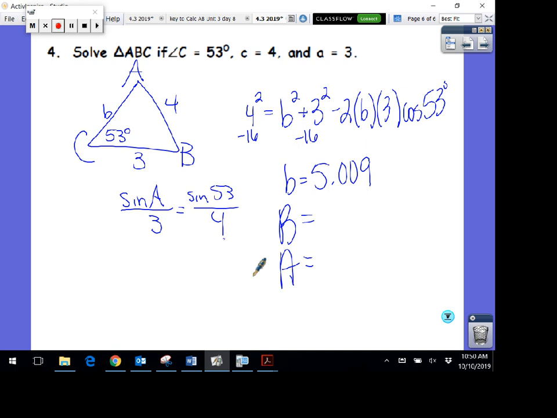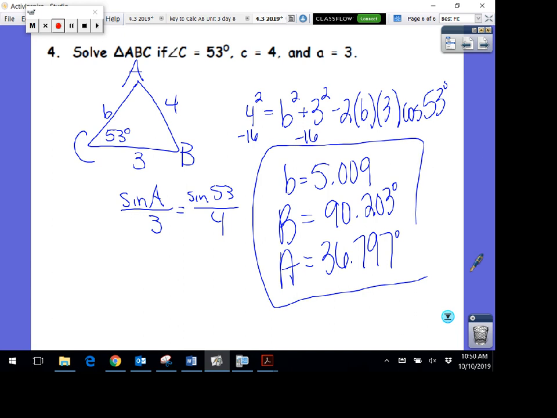So our setup has to be to find angle A first, and then subtract to find angle B. So 3 times sine of 53 degrees divided by 4. Take the inverse of that. You get your angle A to be 36.797 degrees. When you add that to 53 and subtract from 180, you do get an obtuse angle. Barely, but barely is still obtuse. If you had tried to use law of sines, will it give you an answer? Absolutely, it'll give you an answer, like 89 degrees. That's not right. There's not another answer. There is only one triangle for this situation. So, ambiguous case,